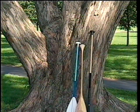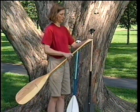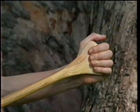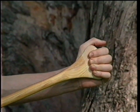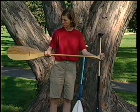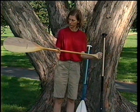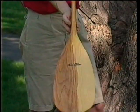Made either of wood or synthetic materials. The top end of the paddle is called the grip, and it's held like this in either hand. Your other hand holds the paddle shaft here, so that your hands are a little more than a shoulder width apart. The point where the shaft joins the blade is called the throat,